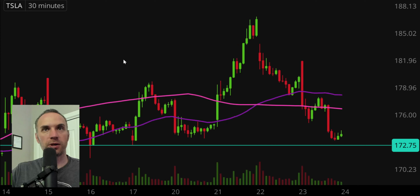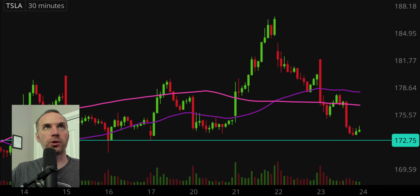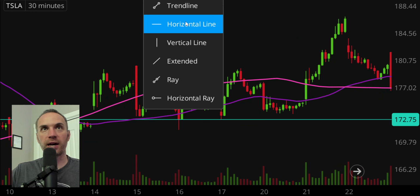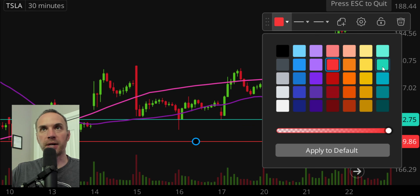Let me zoom out just so you can see a little bit better perspective. So going through the history of things, you can see right here, nope, that's behind my ugly mug, but it bounced from there. Right there, found support. Right there, found support. So if it does come down, that's, at least in my opinion, question number one, can the price stay up above 172.75? If it cannot, then the next key area of support after that would then be down here